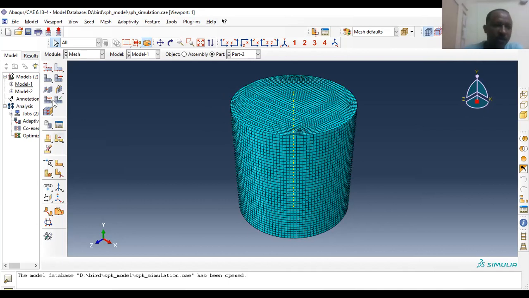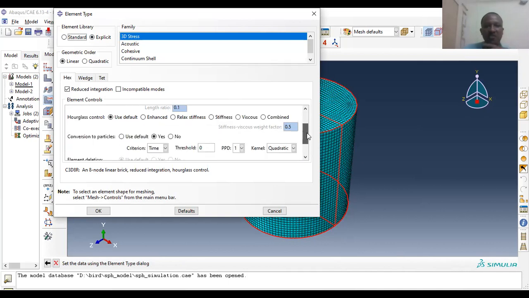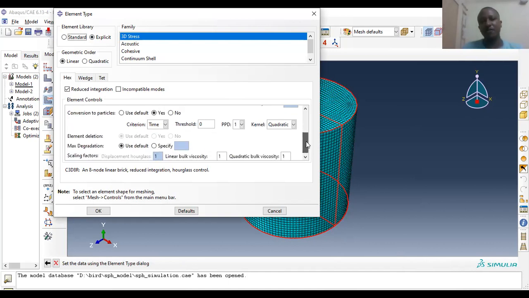Then, while we are assigning the mesh, we assign the element type. The element type assigned for this is 3D explicit. What we are performing is explicit analysis. So, in 3D explicit analysis, one important thing that we must consider here is, in the case of the analysis of bird impact,